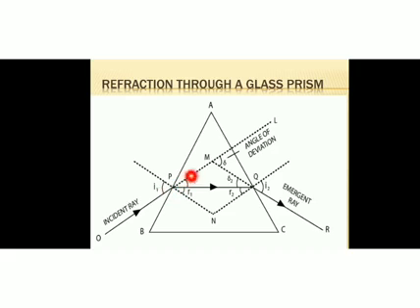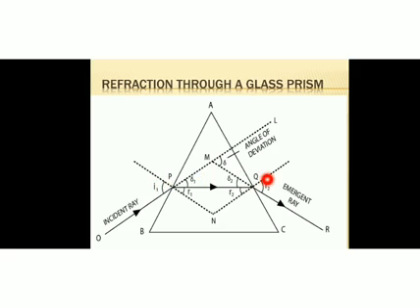So this was the actual path of the light ray. Instead of following its straight line path, it will bend towards the normal. So this is the path of the refracted ray. Now once it gets refracted, it will move along a straight line path because this is the same medium, that is glass. Okay, so here you can see two angles. The dotted line is the normal. This is the incident ray. An angle is formed between the incident ray and the normal, I1. This I1 is the angle of incidence, and this is the refracted ray, PQ.